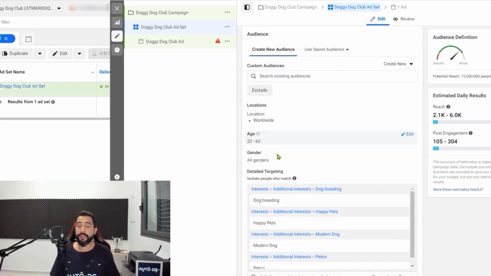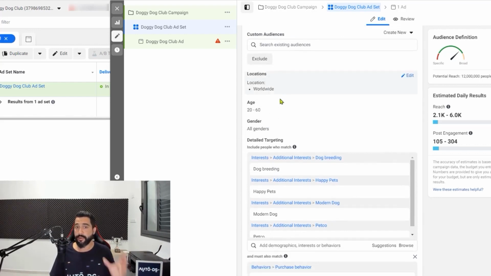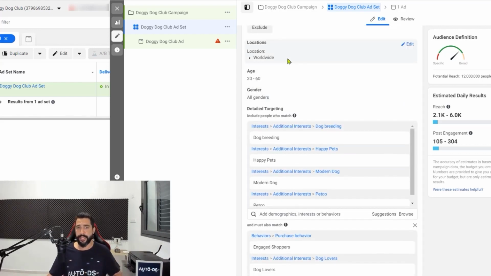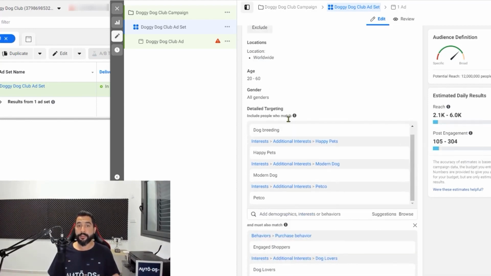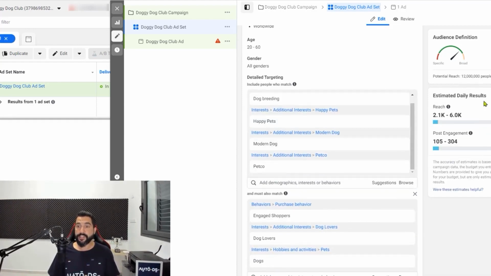Later on, we move down to the audience demographics. We chose a worldwide location because for post boost engagement, you can just shoot it out to the whole world. Facebook will find the cheapest audience to interact with your ad. Then we chose the age and the gender. Then we moved on to the detailed targeting. And here is where we narrowed down an audience from billions to just about 12 million people, which is enough